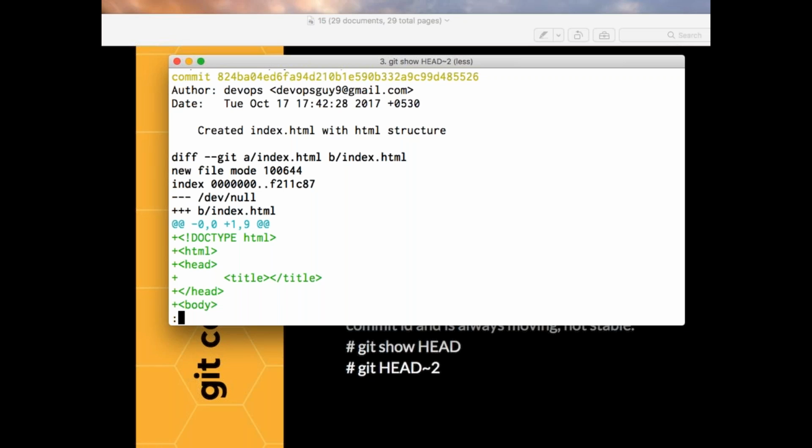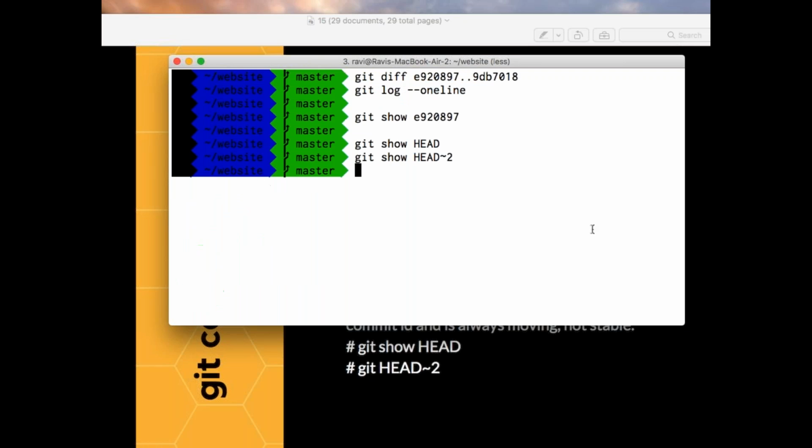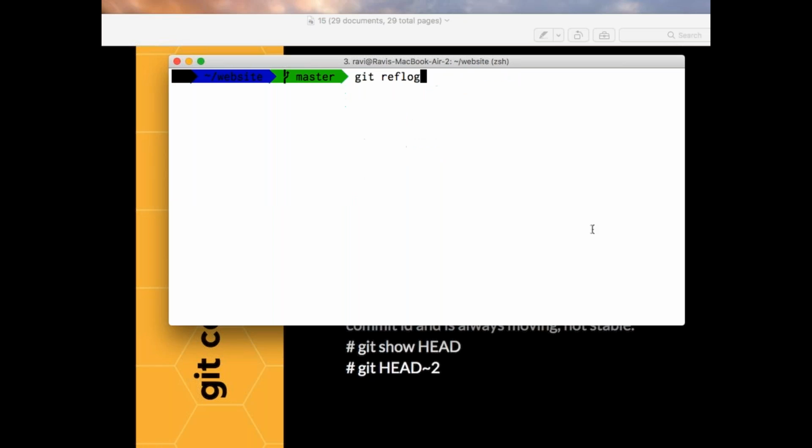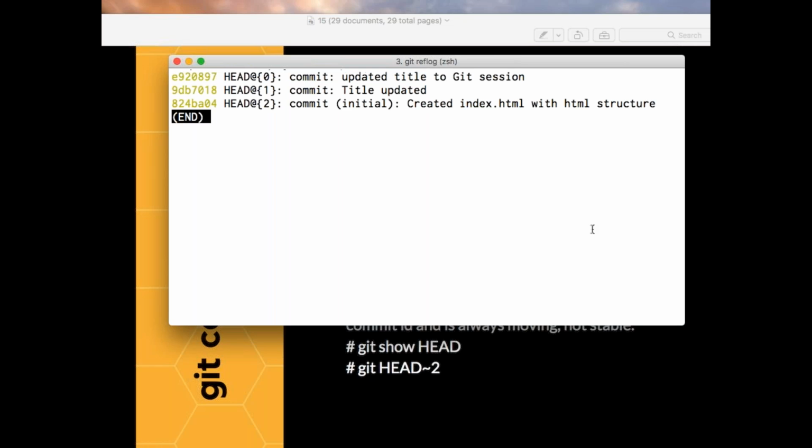Now I think there is one more command I will discuss as well: git reflog. Yep. So note down this command as well. This is very important. Git reflog. This particular command will tell you how your HEAD is moving in your project. Git reflog. Right? Once I run it, see.